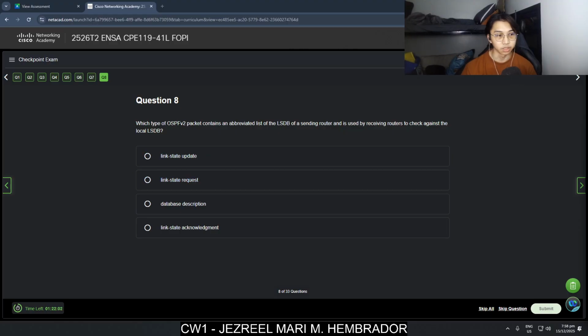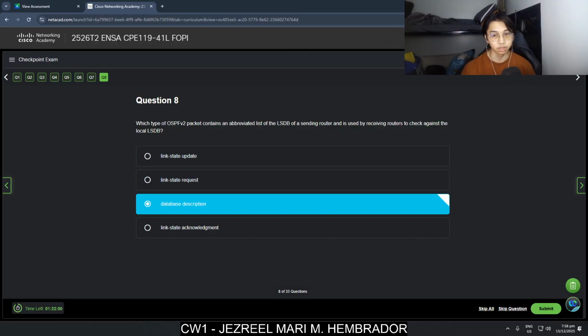I think it would be the database description, because the DBD packet contains an abbreviated list of the LSDB sent by a neighboring router and is used by receiving routers to check against the local LSDB.